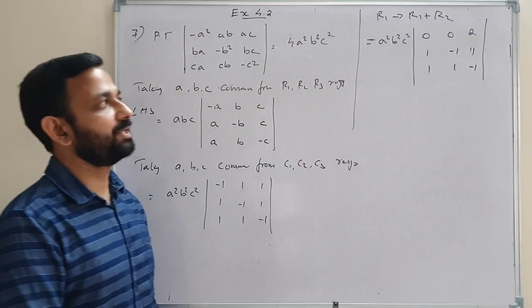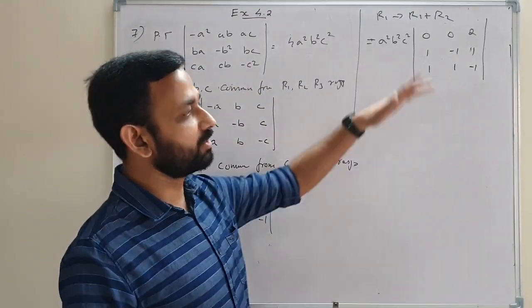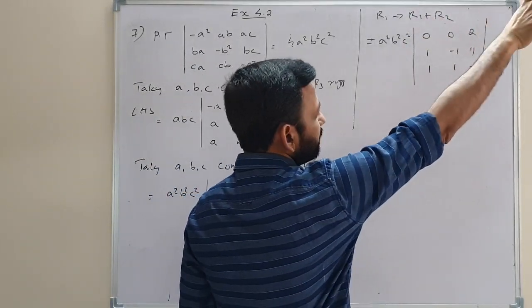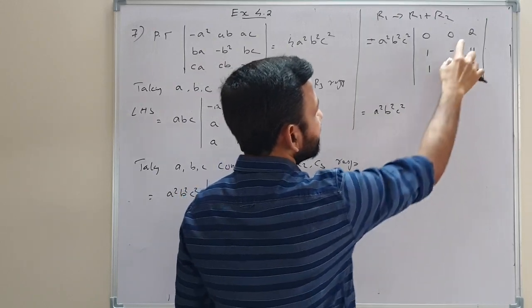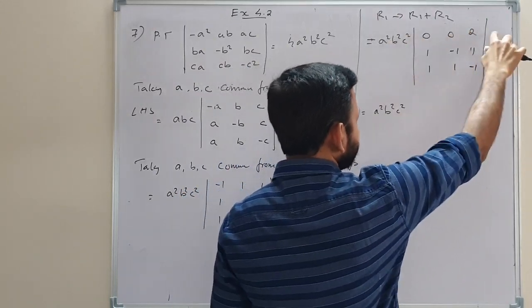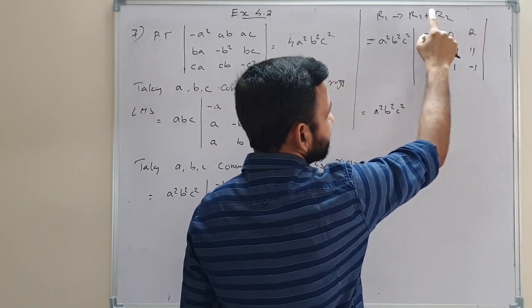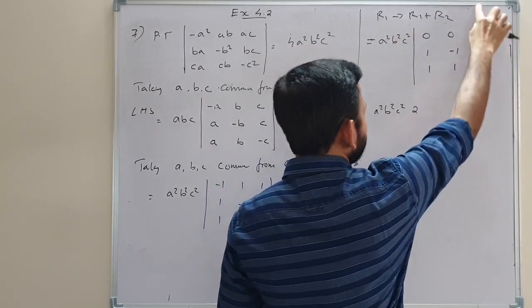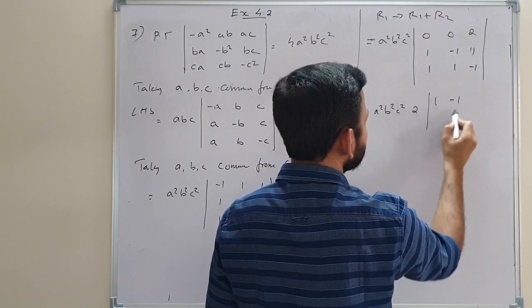Now we reduced it into 2 by 2, it is 3 by 3. Now we are going to reduce it into 2 by 2. Positive, negative, positive. Sign will be positive. And here A square, B square, C square outside. Then deleting corresponding columns, but we need to write that number 2. Sign of that number is positive, negative, positive. So 2. Then deleting. So now we have 1 minus 1, 1, 1. In determinant 1 minus 1, 1, 1.